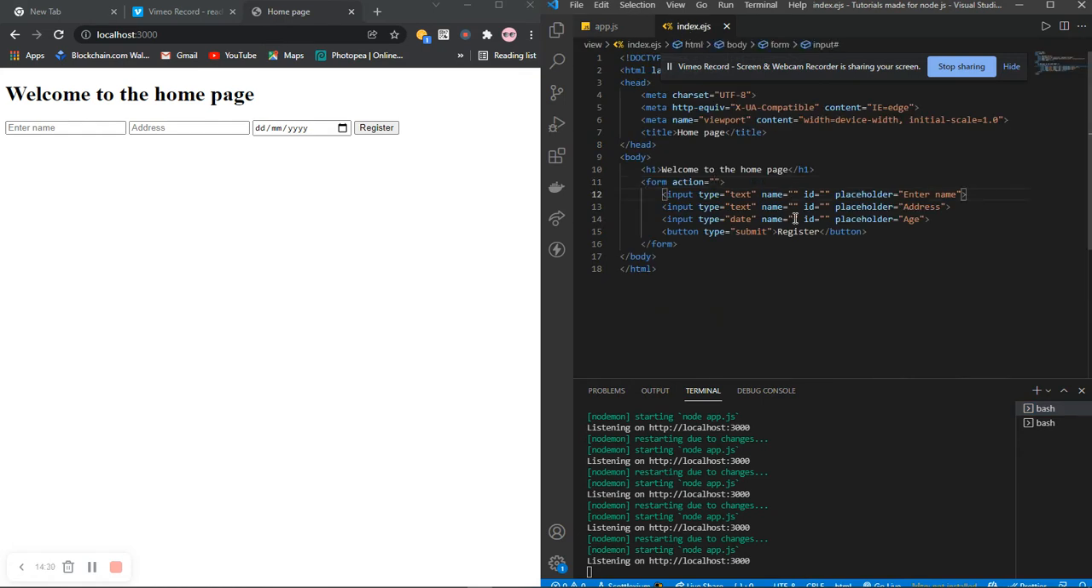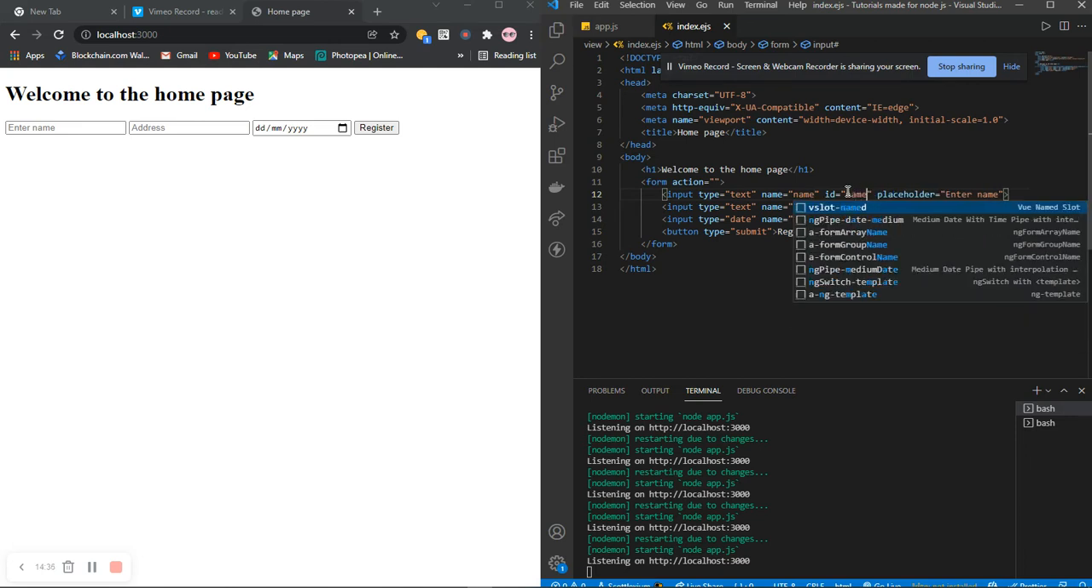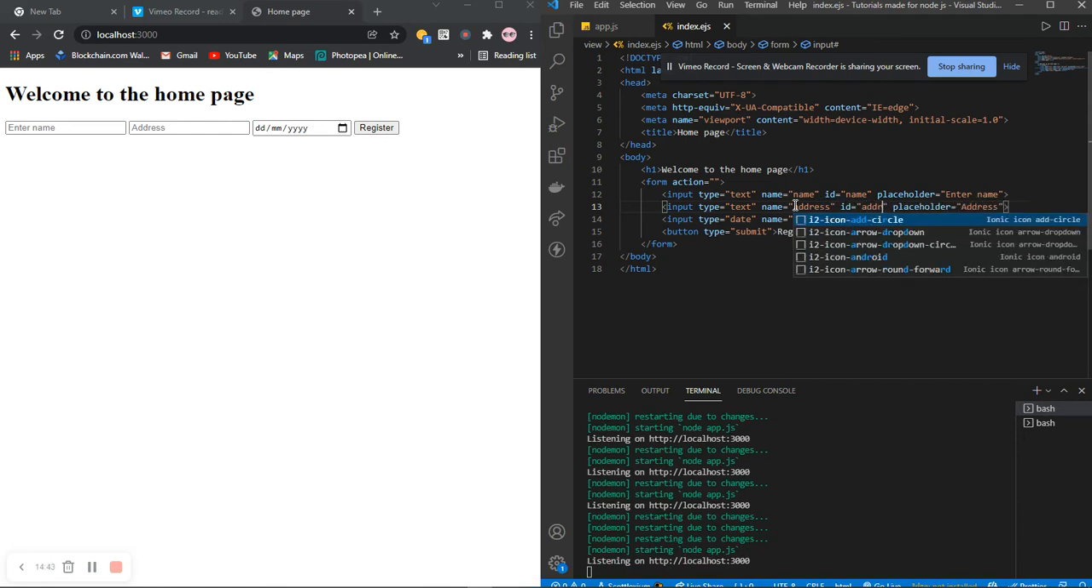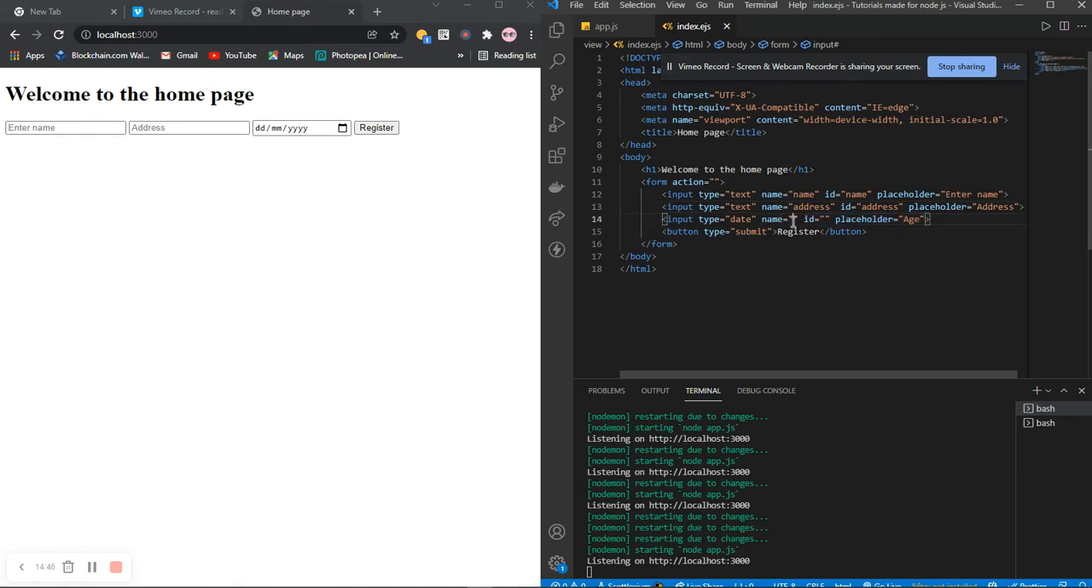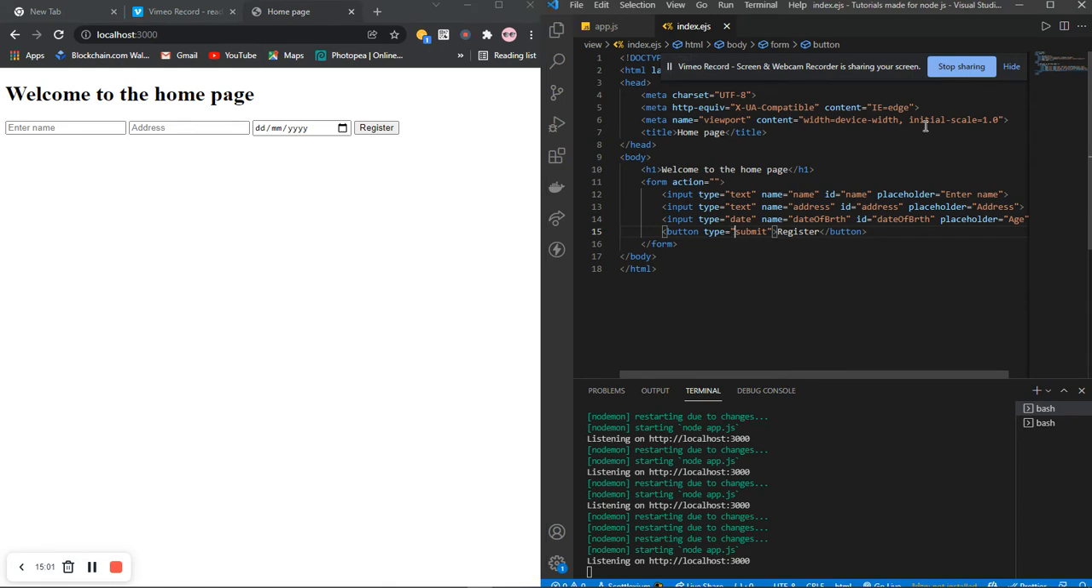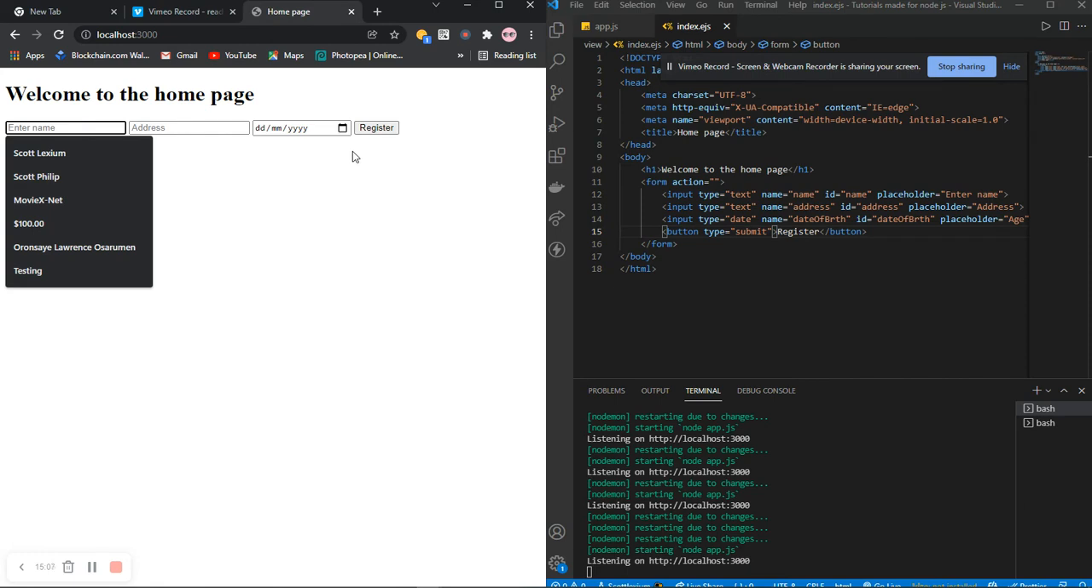For these fields, we actually need name attributes. Let's call this name and let's give it an ID of name. Let's give this one address. Let's also give this one date of birth. Okay, so if I save,